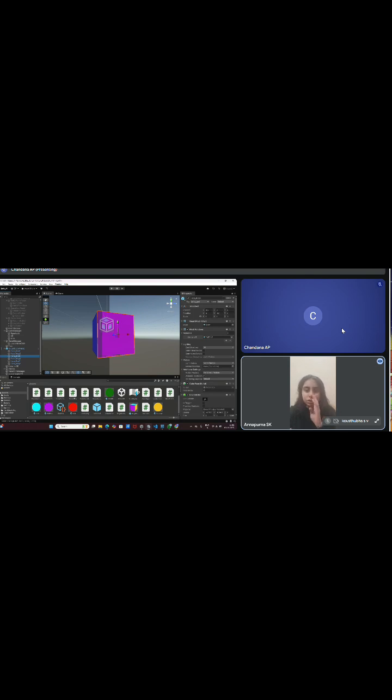Detecting player interactions. I added a cube face script to each face of the cube. This script detects when the user clicks a face. If the clicked face color matches the hint, plus 2 points. If the player clicks the wrong face, plus 1 point, but no bonus. If clicked outside the cube, life is minus 1. To detect outside clicks, a separate script called misclick detector was added to the main camera.